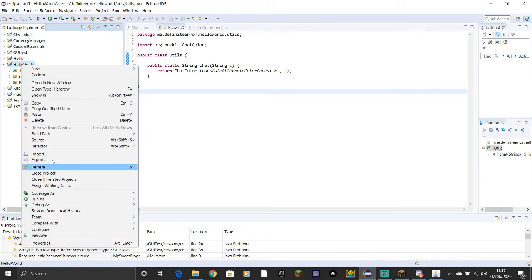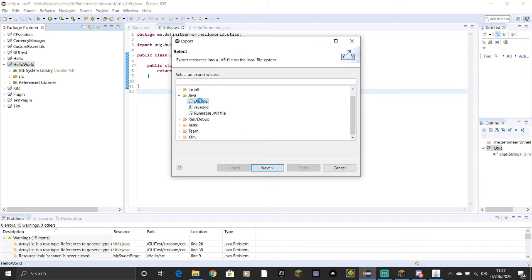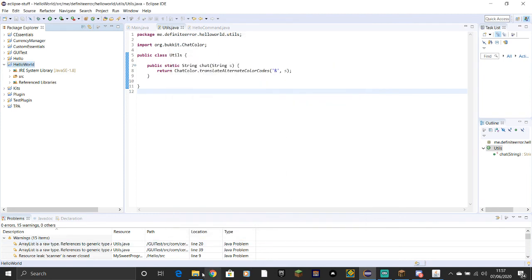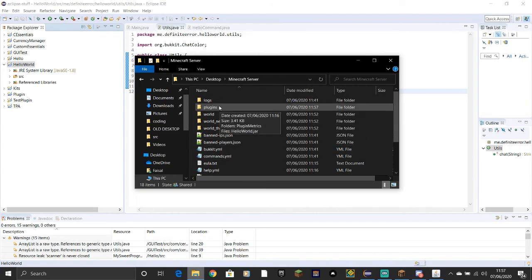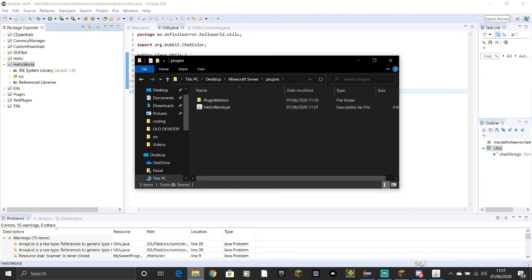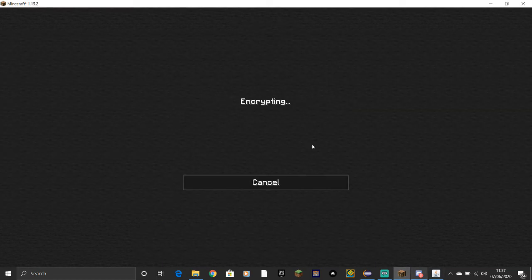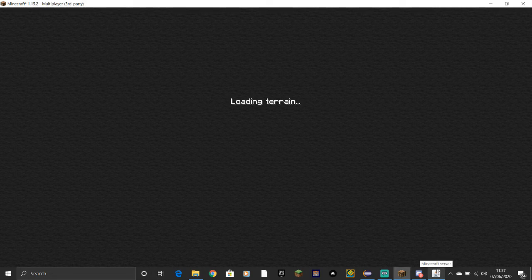Then you want to export it as a jar file, and then call it helloworld.jar or whatever you want, it shouldn't matter, and put it into your plugins folder, but I've already directed it to there. So now if I finish that up, you sometimes get an error, but then just finish again, it will overwrite it, and you shouldn't get an error that second time. Now look, Minecraft server, if I go plugins, you can see it's right there. But in game, if I connect via localhost, because it's a local hosted server,